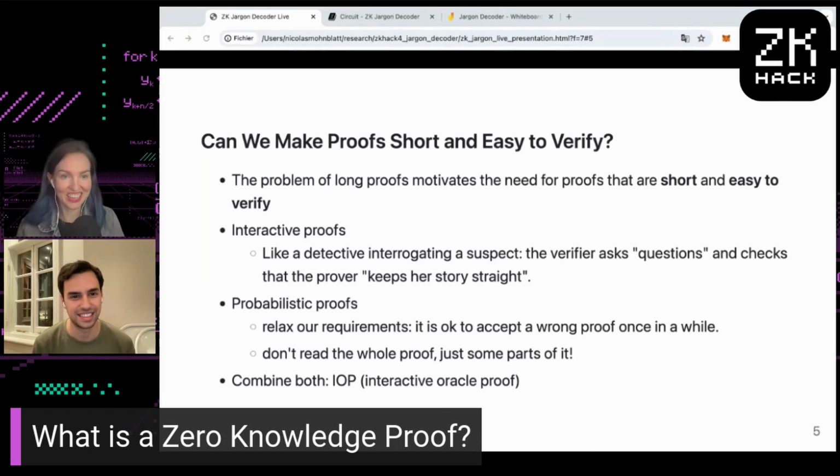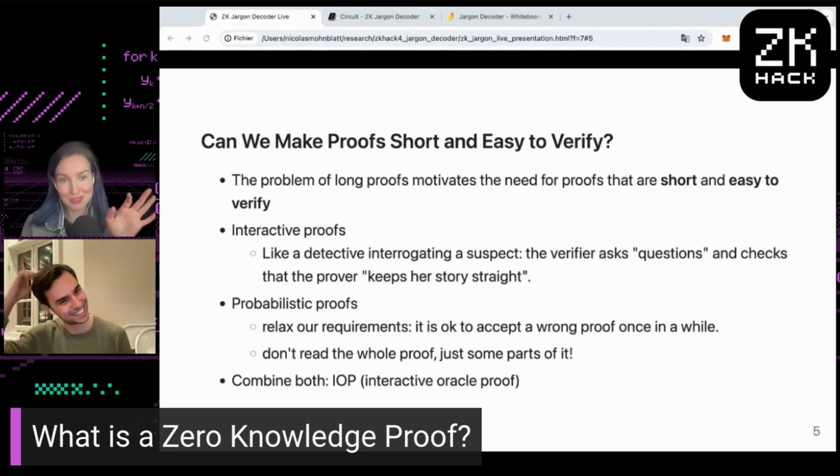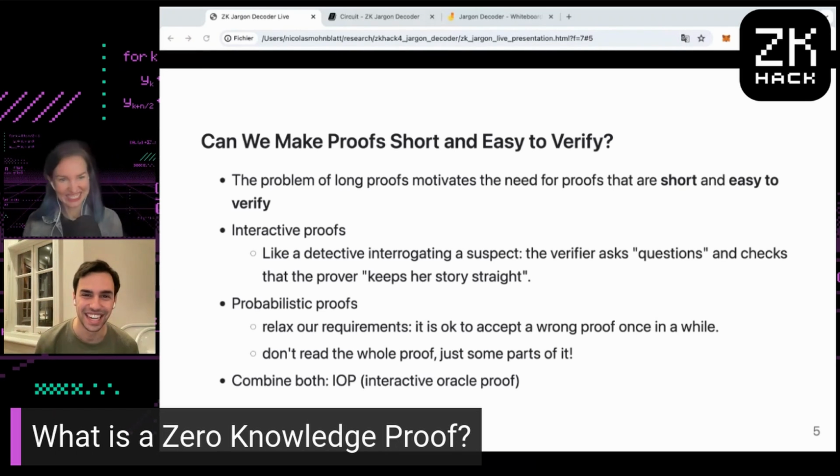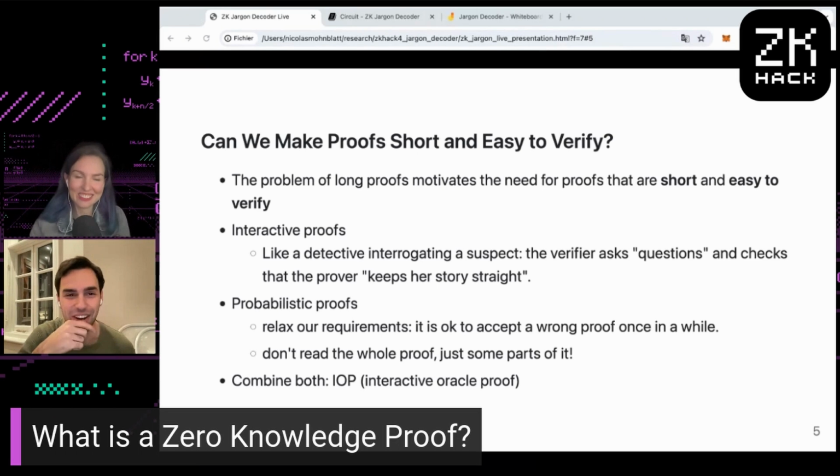One of the questions that we have is, what is a zero knowledge proof? And on the ZK Jargon Decoder, it is not defined. Gaylord noticed this one. Why is that? You'll see that what I just said about probabilistic proofs and interactive proofs is not there yet either. Essentially, I sat down to write the zero knowledge proof entry and thought, sure, that's going to be easy, zero knowledge, right? And I realized I needed all this context. So I started writing what it means to prove, and I'm now doing the interactive and probabilistic proofs. And once we have all that baggage, we can go to zero knowledge.